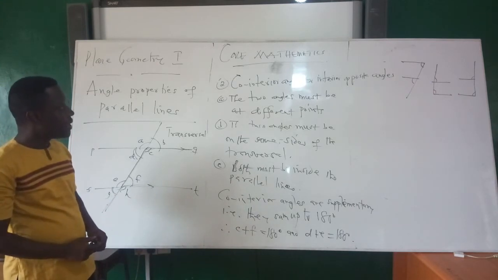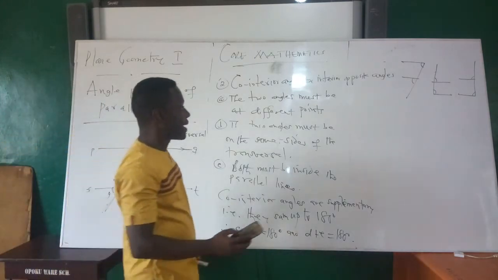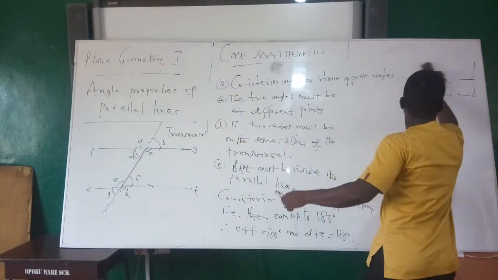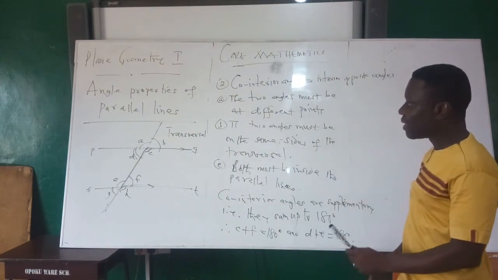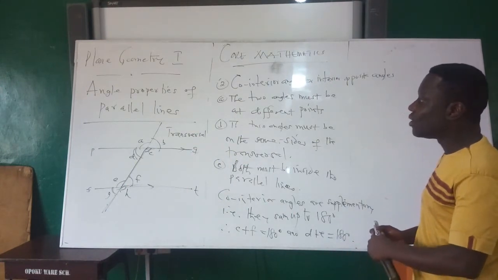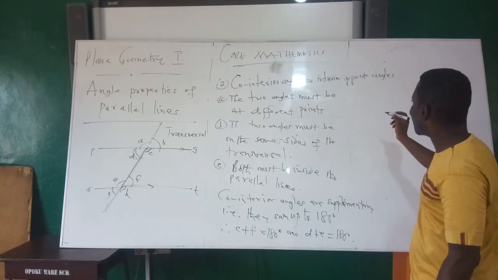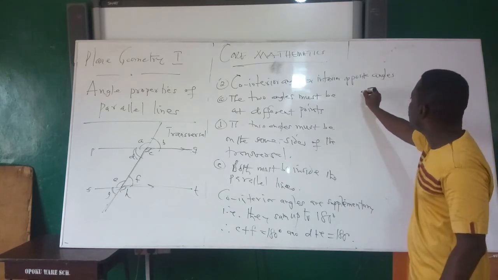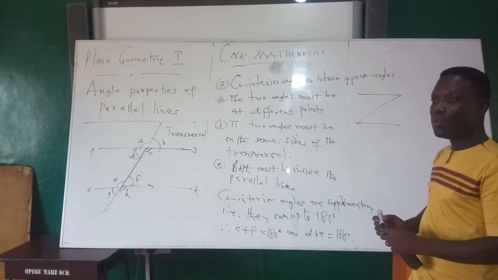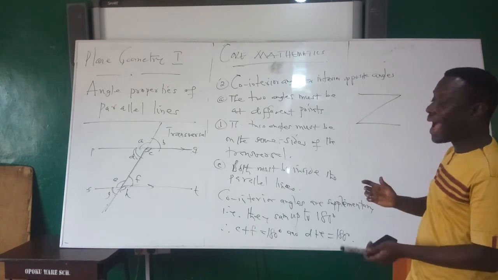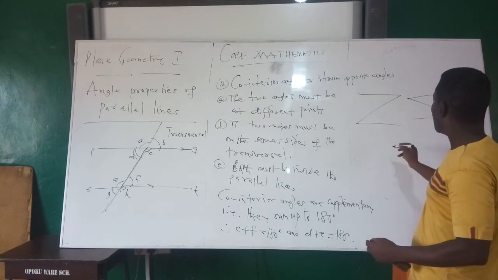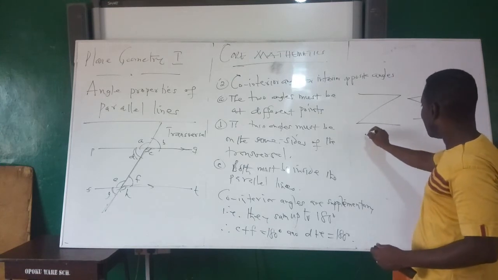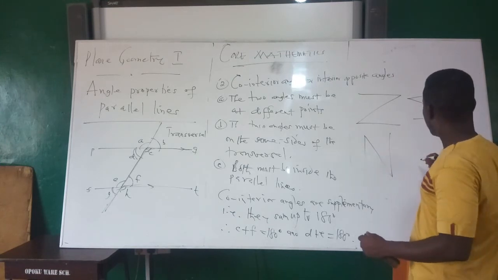I didn't get much into the shortcuts for alternate and the co-interior. But in short, for the alternate, if you are looking for a shortcut, normally you have to be able to create a certain Z in whatever form. It could be a line, a certain Z. Once you can create a certain Z from